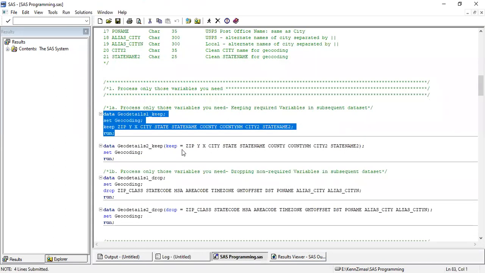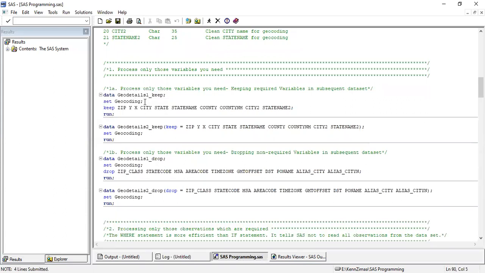Okay. We will look at the data set as well, but right now we will see there is another way of writing the keep statement. So what you can do is you can write a keep statement after the set statement, or you can write the keep statement within the data line only. The benefit of doing this is this type of programming will run a bit faster, but you are free to write the keep statement in any way you like.